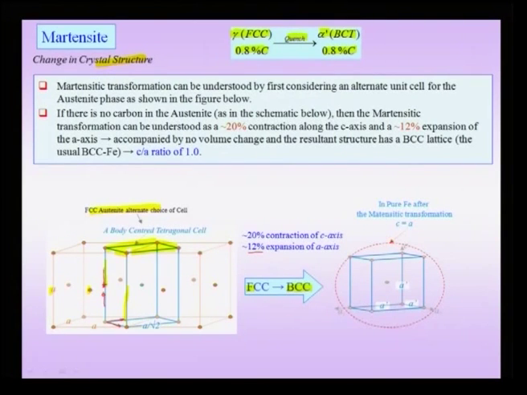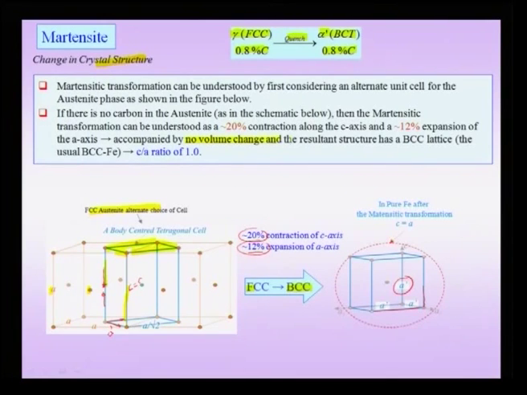So, there is a contraction along the C axis and expansion along the A axis, such that the final product is one in which all my 3 lattice parameters are A prime, which is here for the new unit cell, and this is of course originally a C axis, which also becomes A prime after the phase transformation. That means that by this kind of a deformation, I can understand how the BCC unit cell forms from the FCC structure, and